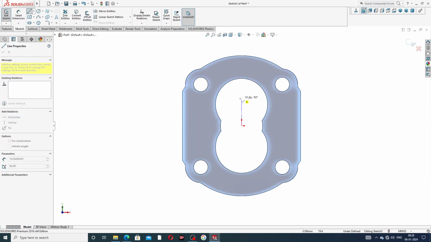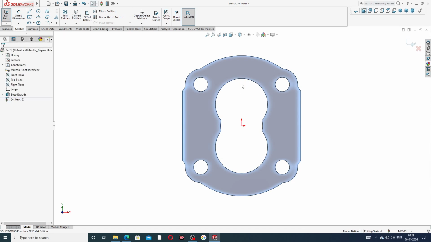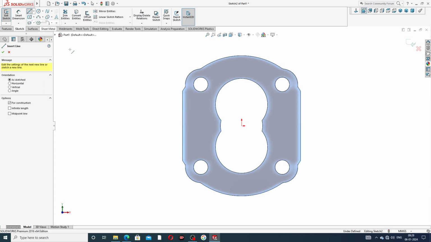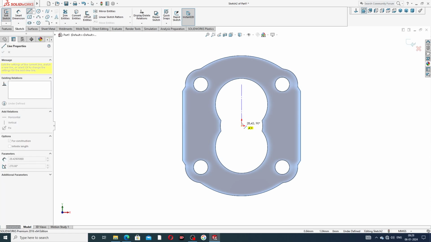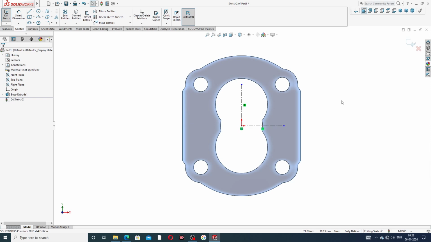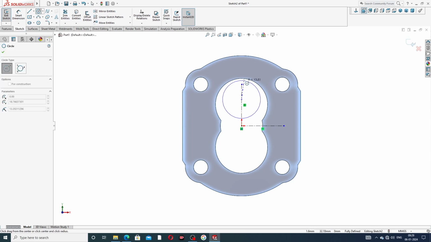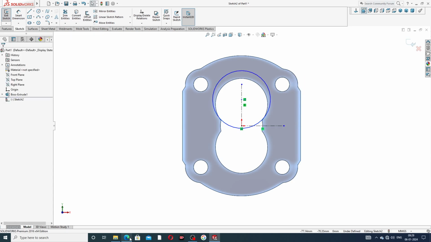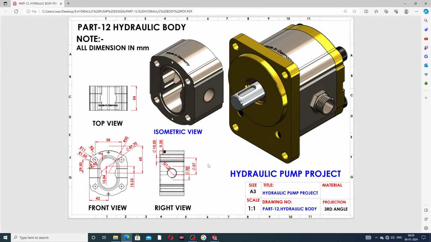This line is a drawing here, and this circle is a drawing here. Draw this, and this circle's radius is